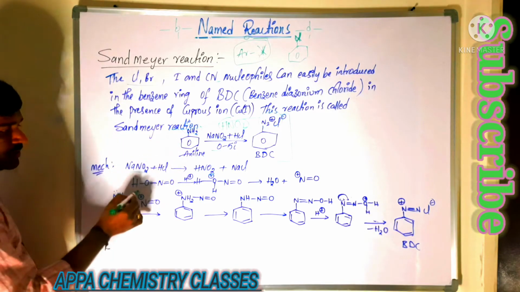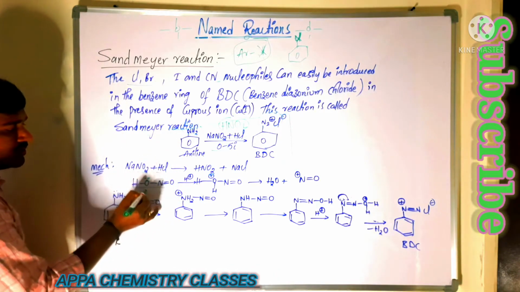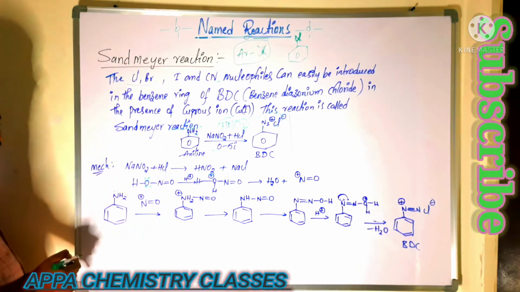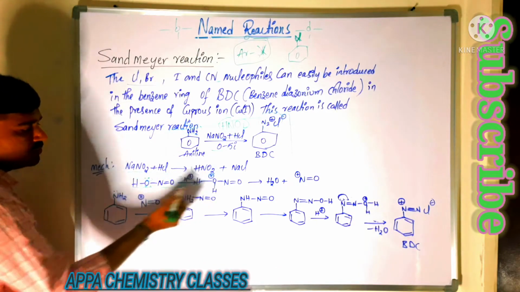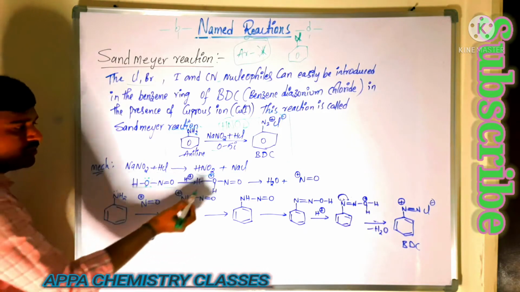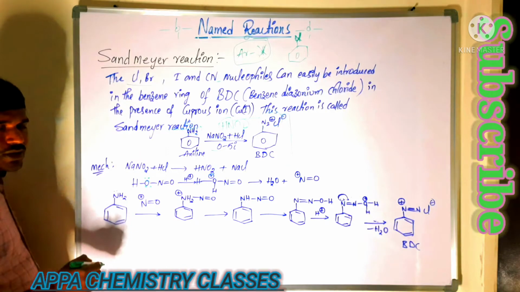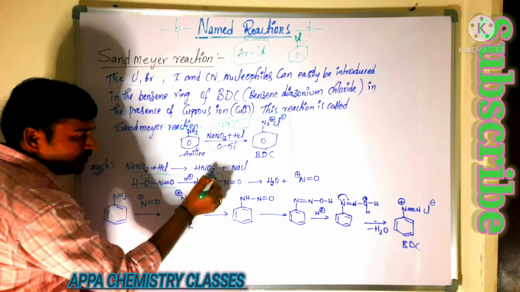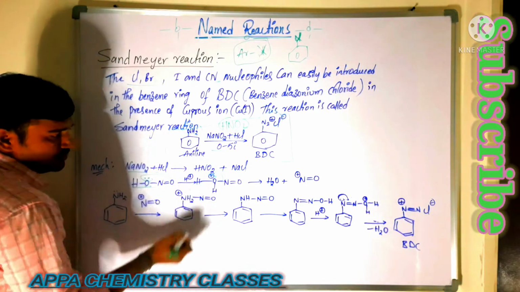That nitrous acid is represented structurally like this. This nitrous acid, the oxygen, has two lone pairs. One lone pair is donated to the H plus ion, meaning it accepts the H plus ion. The oxygen donates the pair of electrons to that H plus ion. Then this oxygen, having lost the pair of electrons, gets a positive charge. Then what happens? The bond will be transferred onto this oxygen, and then this nitrogen gets the positive charge.